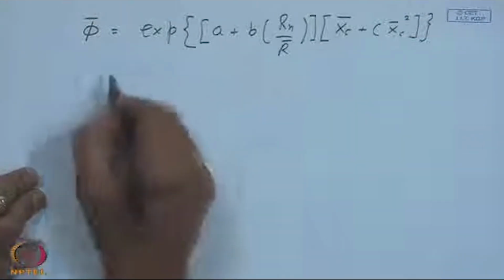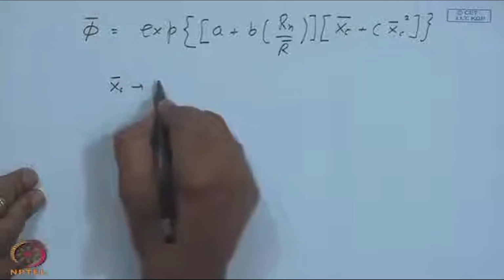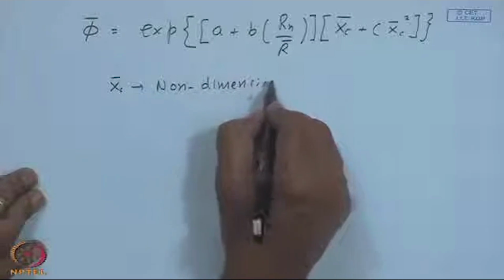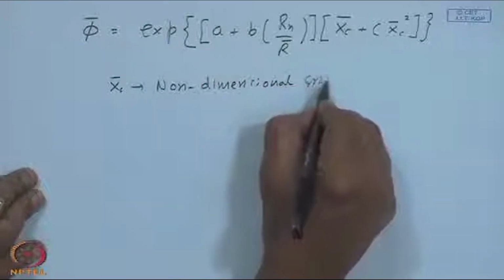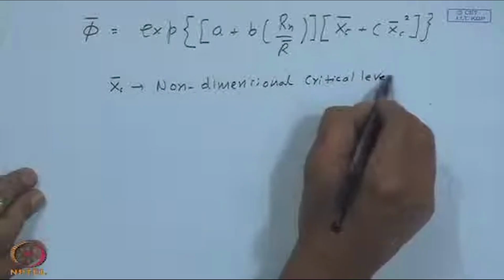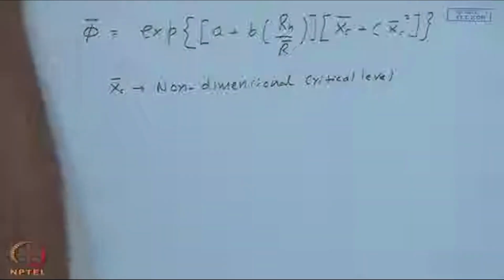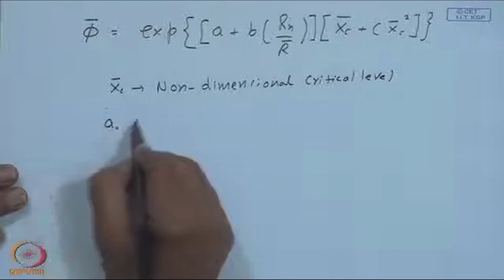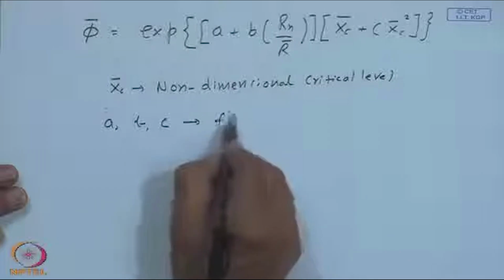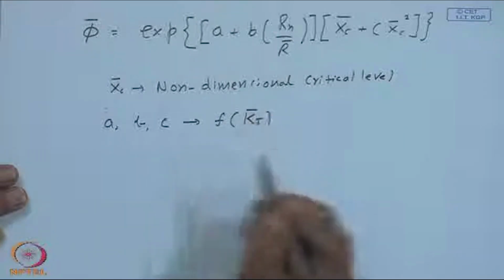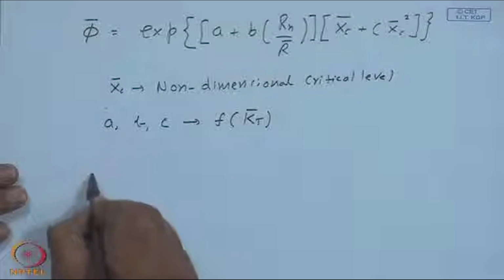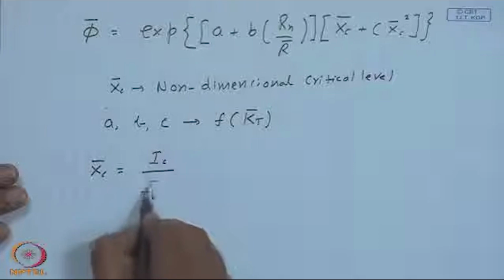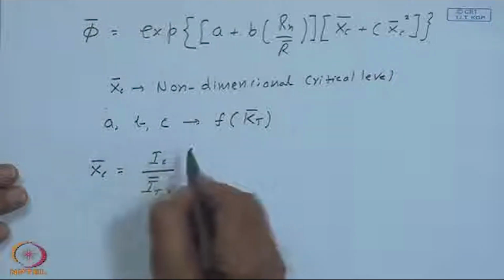So, this is the non-dimensional critical level, x c bar is the non-dimensional critical level, and A, B and C are constants, which are expressed as functions of the monthly average daily clearness index KT bar. This XC bar is defined as critical level by IT noon time on the average day of the month,